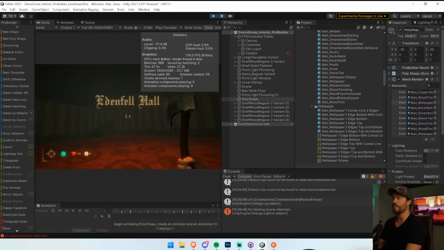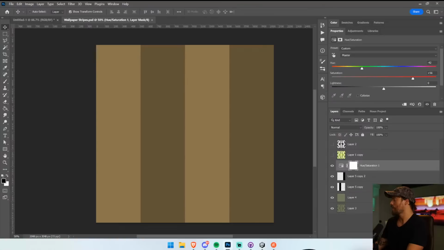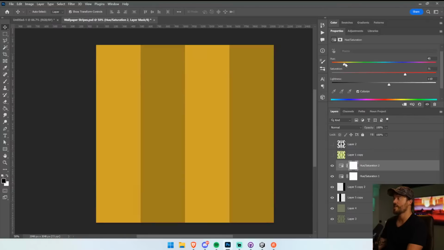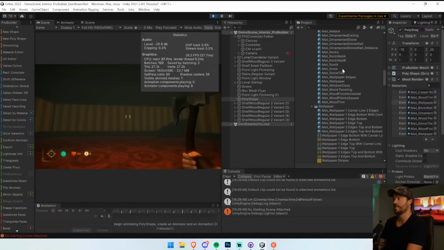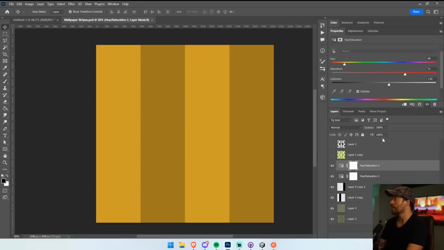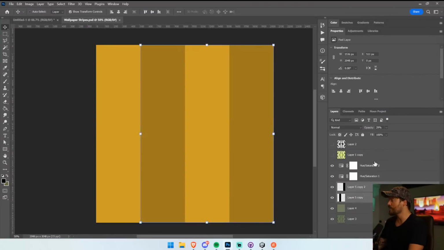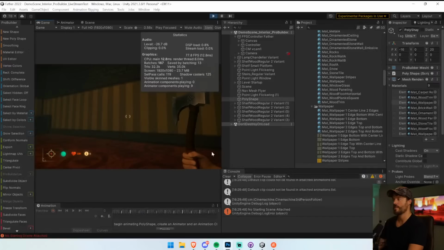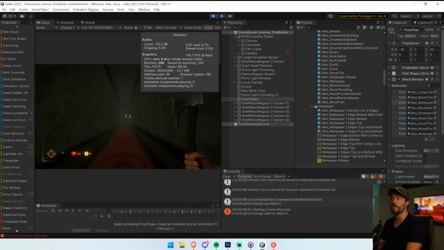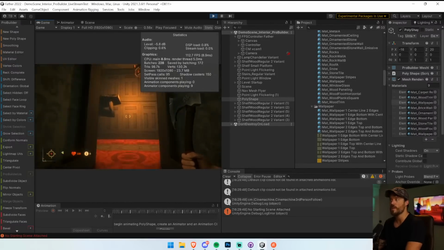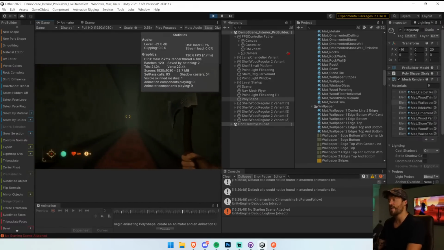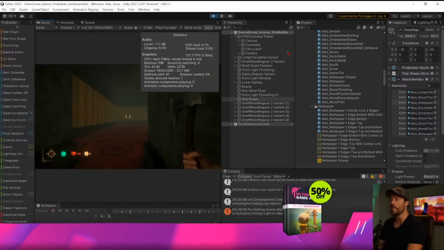Cool. Okay, I think I want it to be a little bit more yellow. So I'm going to go to another hue saturation layer, colorize, crank up the saturation and the brightness, and do something like this. And in real time, we can see the effects. Very spooky. Kind of looks like a carnival. I like it. Let's bring these stripes down. Good. Okay, I like it. So we're definitely going to be going for a more fun house feel. It's still in the 1920s. It's still going to have this Gothic architecture, but we want to have the ability to create some more, I don't know, Willy Wonka-esque